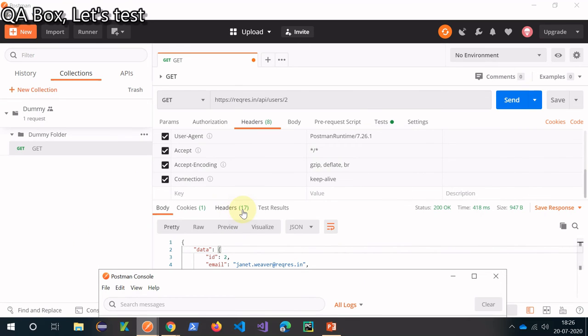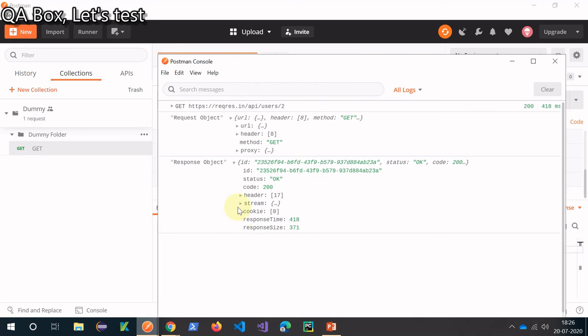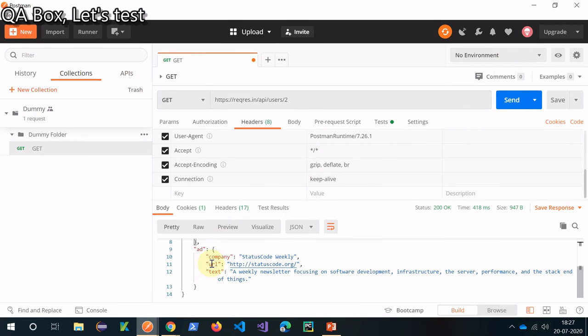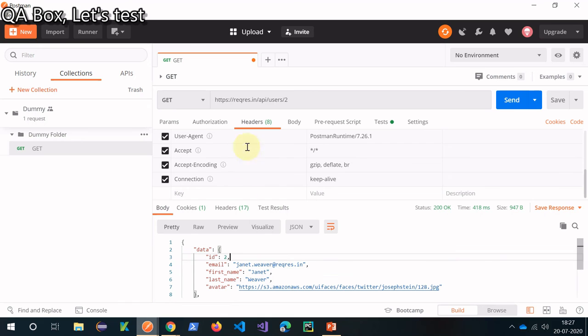Do I have 17 headers? Yes, I have 17 headers. Then this is your data actually. So the type of the data is buffer, all right, and this is how it is being shown in here. But when you see it in the Postman UI, this is what you are going to see. All right, so this is the representation.